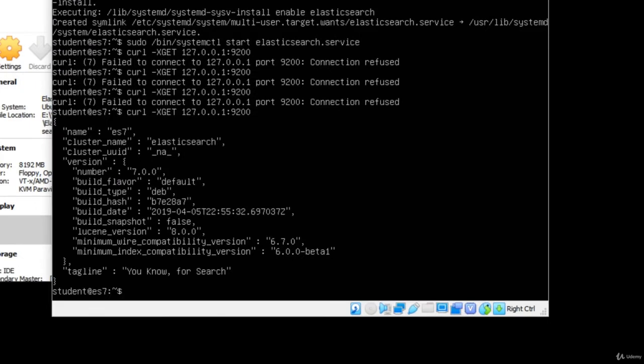All right, after a couple of minutes, I actually got back this response instead of a connection refused message. So once you see this, you know you're ready to keep on going. And you should get this default response back. All right, so now that we have Elasticsearch running, we need to actually have some data to search with. Let's go and download the complete works of William Shakespeare and import that.